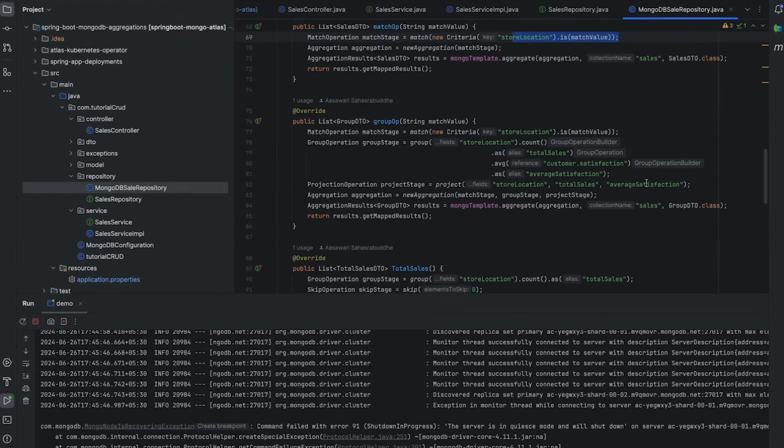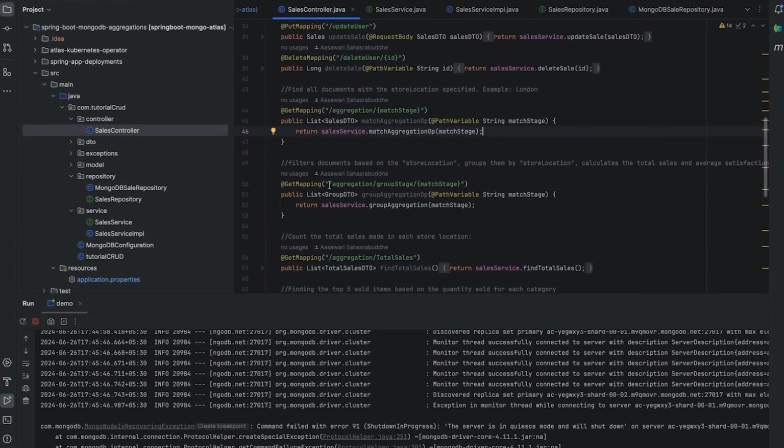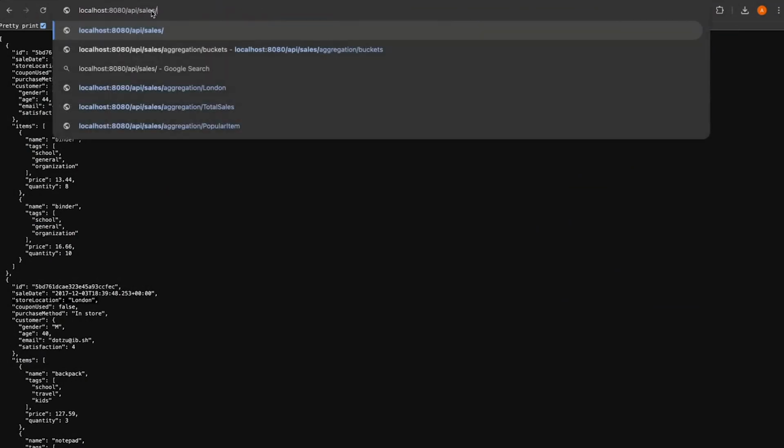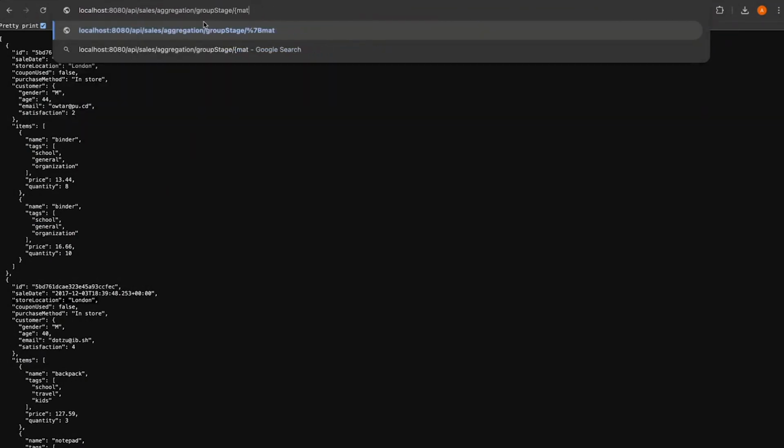So let's go back to the controller and see how the REST API is called. Let's copy this and remove the previous value, and this time call Denver as the location.